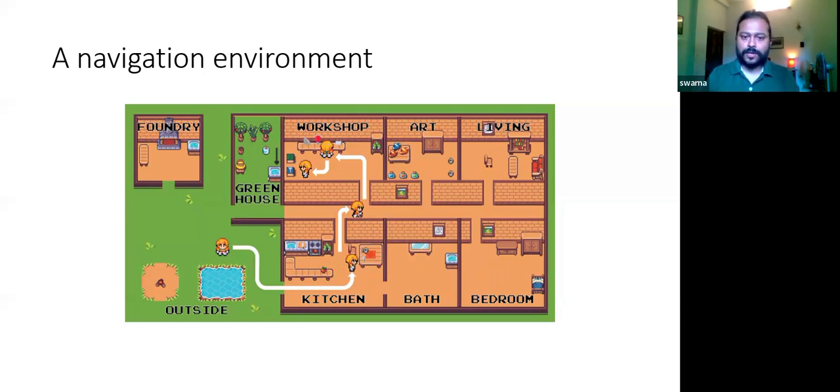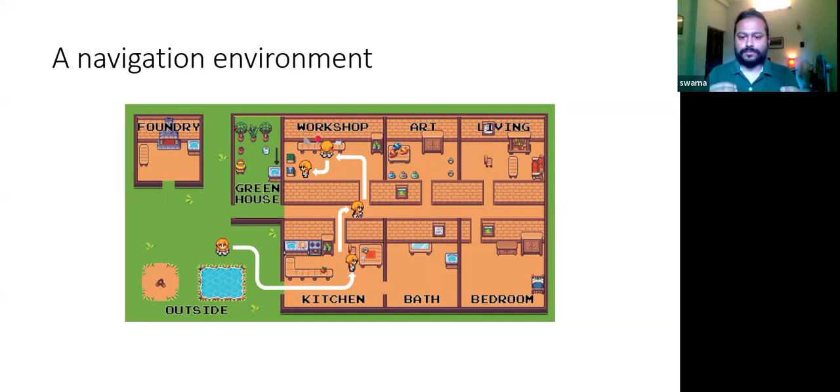In this way, the agent is given multiple different tasks, mostly very simple scientific tasks, and it is expected the agent will be able to complete the task in the environment. Now, this is a very difficult environment. There are a lot of different objects in the environment to interact with. So, of course, the state space is huge.